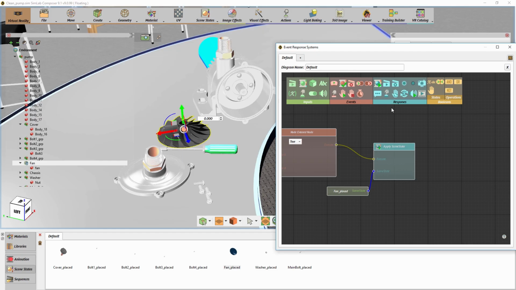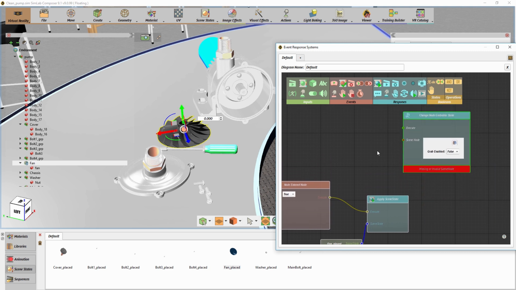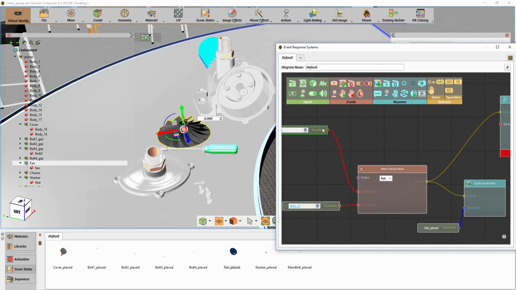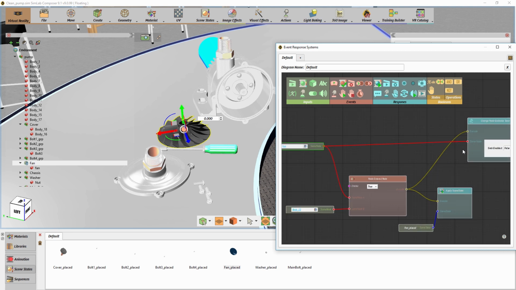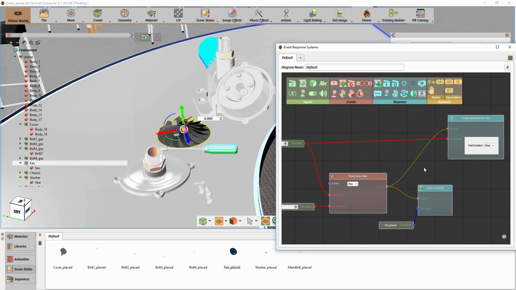Go back to the Training Builder and create a Change Grabbable State response. Connect this response to the created event, then connect the fan's input node to the response, and make sure that the grabbing state is set to false. By establishing this connection, we are telling the Training Builder to make the fan ungrabbable once it is placed inside